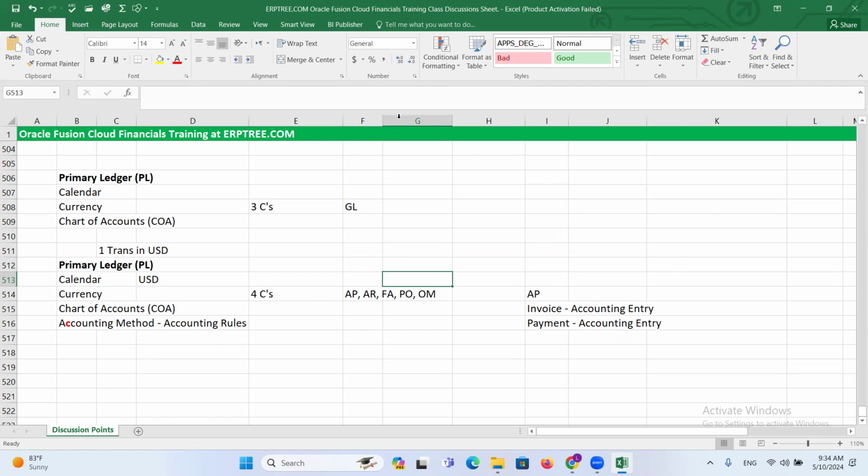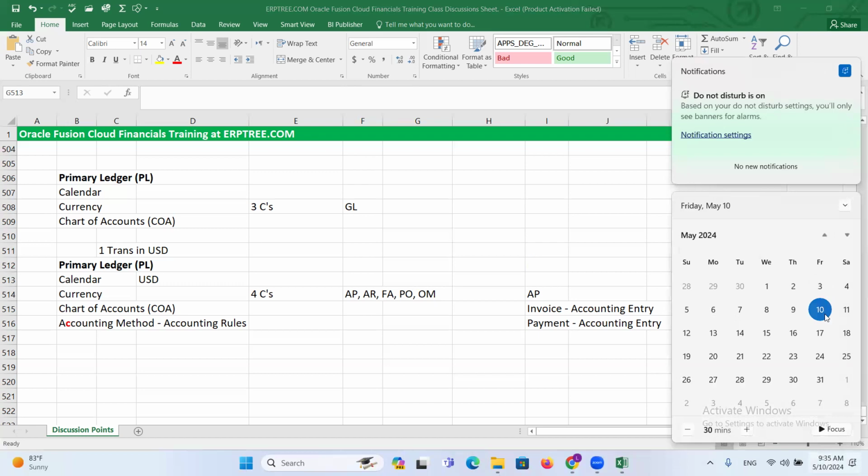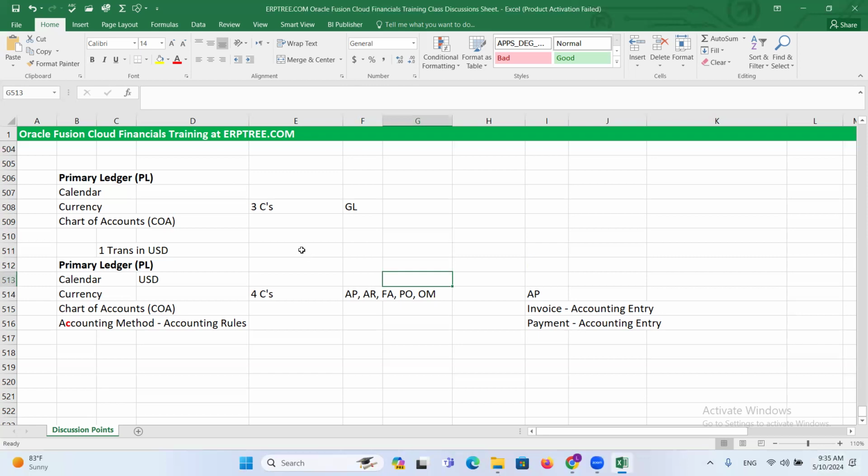Great. So that's all for today. Today is Friday, right? We'll connect on Monday. Please make sure you complete the pending task from your end. Whatever we completed so far, we created up to the chart of accounts. Please make sure from your side also you complete the chart of accounts,